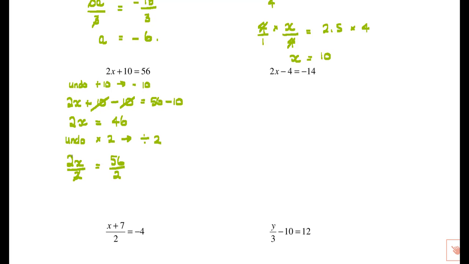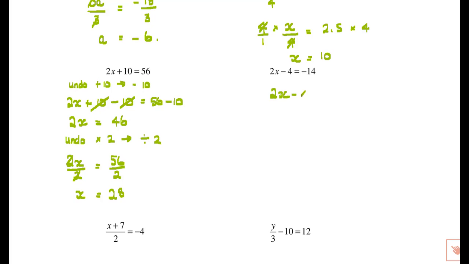And of course the 2's will cancel out there on the left hand side, and we have x is equal to 56 divided by 2, which I think is 28, isn't it? 2 goes into 5 twice, and 1 left over, 2 goes into 16 8 times. Next one,